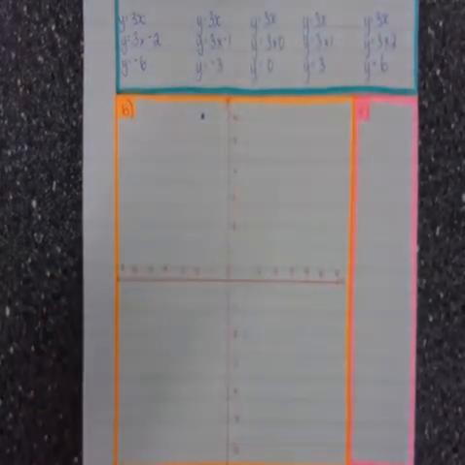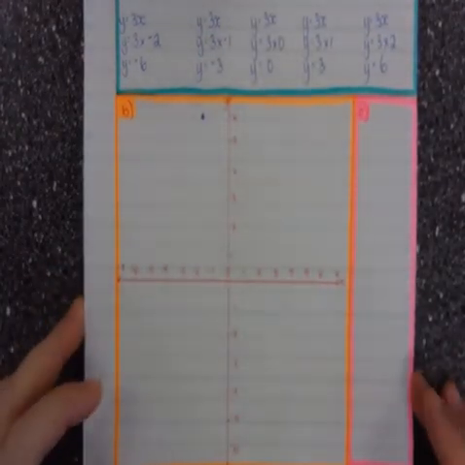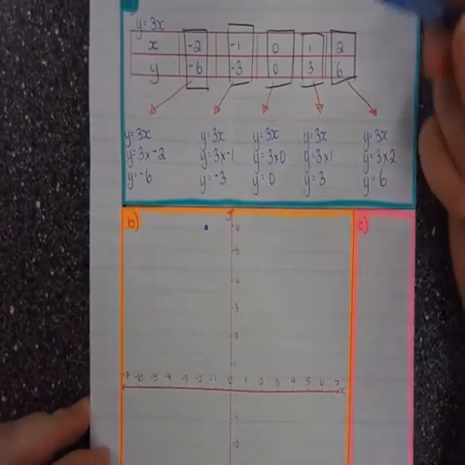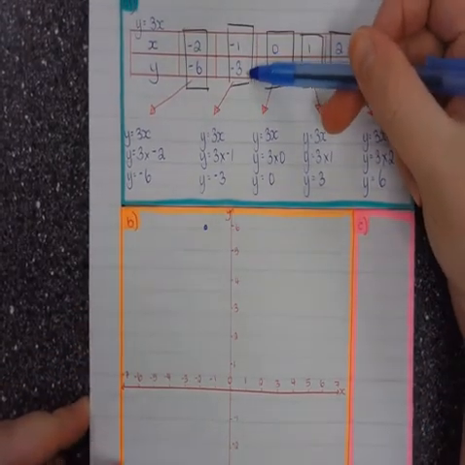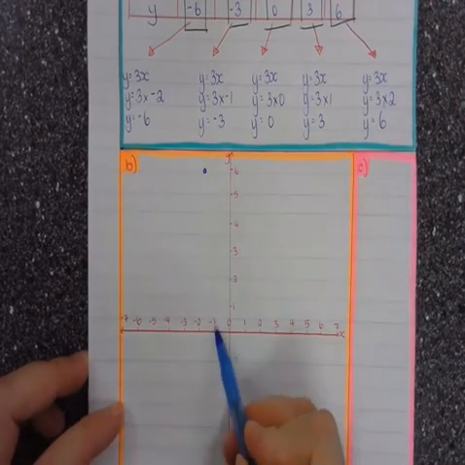Don't worry about labeling it for this. There is a different type of label. The next one we are going to do is -1, -3. So back down here, -1,